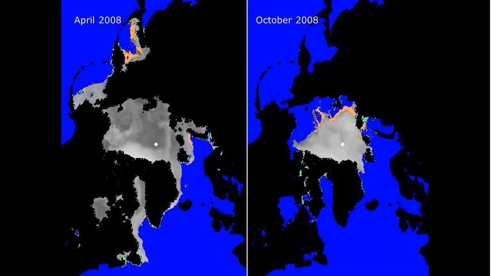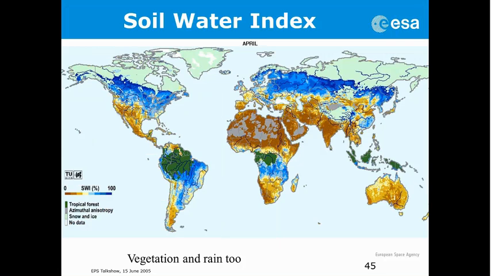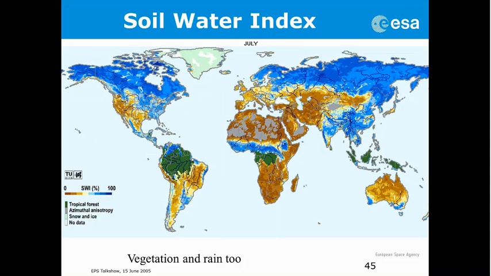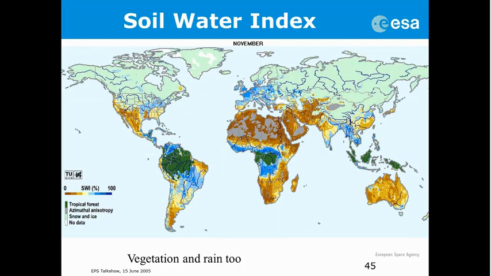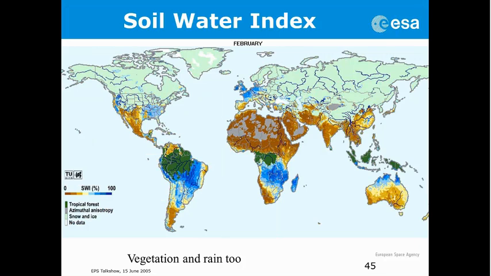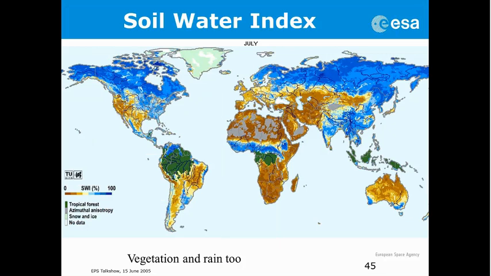Last 2 points I want to say is that scatterometers also can give information about sea ice and sea ice climatology, and also about soil moisture. So we make a soil water index. And from this soil water index you can also get integrated rain in semi-arid areas, and also some information about vegetation. So this information is also being exploited for scatterometer data.